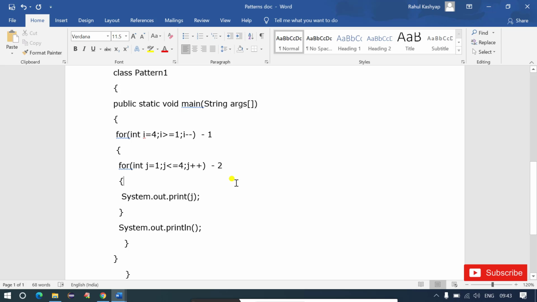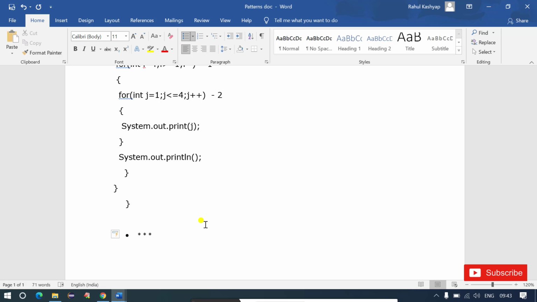So guys, the use case of a for loop is very simple. If you want to print the same thing again and again, then in that case we always go for a loop. Let me give an example. I want to print 4 stars, right? So if you want to print 4 stars, let's say I'm new to Java, then what I will do is